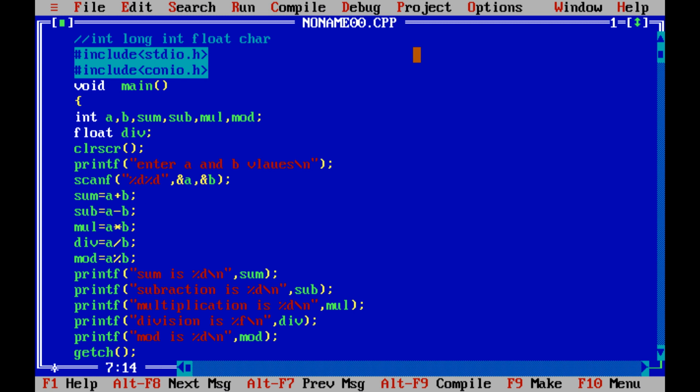First of all, we'll declare all the variables, and then we'll ask the user to enter those values, and then we'll read those values, and you have to perform the operations sum, subtraction, multiplication, division in the same way as you have done in your school days. Then you need to print these values in whatever way you have stored. If you have stored in int, then %d. If you have stored in float, then %f. Then you need to specify where it is stored, for example, in sum, then in sub, in mul, in div, in mod. I hope this is clear.